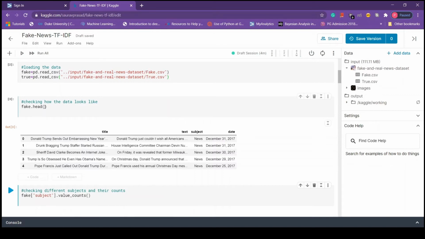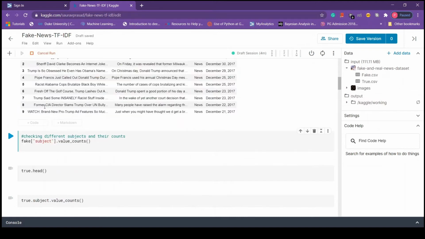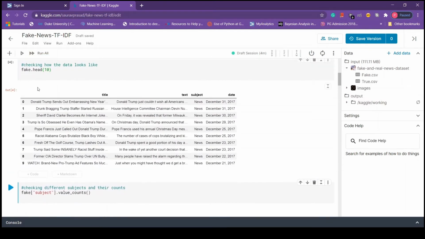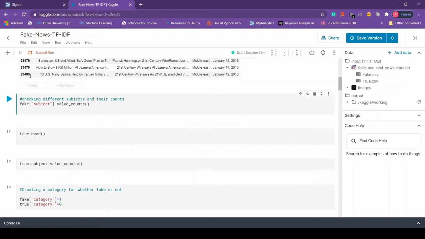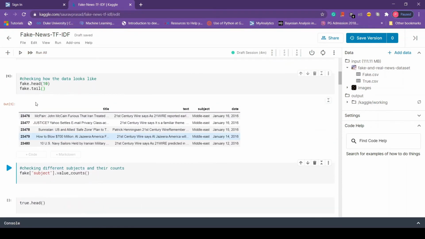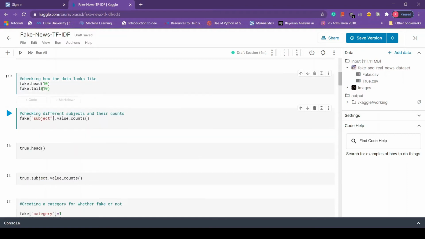Suppose we pass 10, we get the first 10 rows. Similarly, if we want the last 10 entries, we can do that with the tail method. It is very similar to the head method. The only difference is it returns the last 5 entries. And if we pass 10, it returns the last 10 entries. Let me show you how to do that.